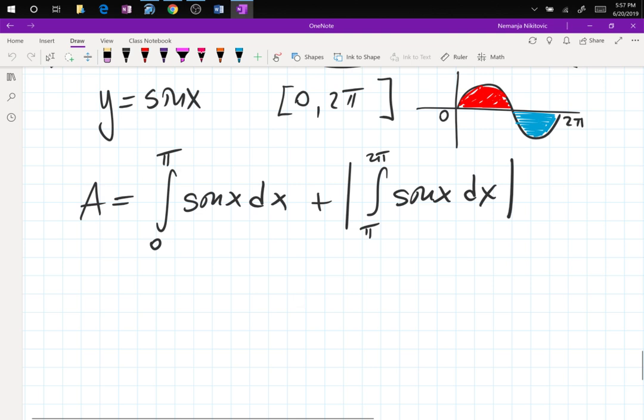Cosine of pi is 0. Negative cosine of pi is 0. Right? No, it's negative 1. I think this is the time when you facepalm. Oh,